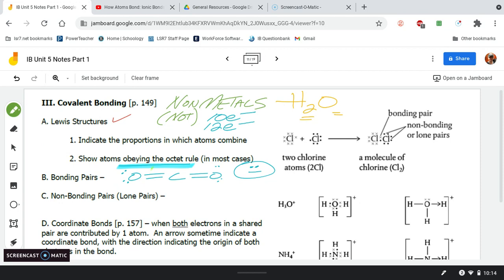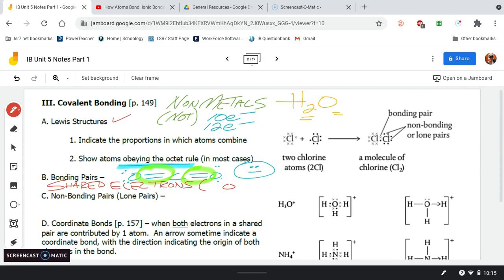And so right here, those are bonding pairs. Okay, so your bonding pairs are electrons that are in a bond, or they're shared in a bond. And so we should write down a little definition: a bonding pair is shared electrons. And so the way you're going to see that is like